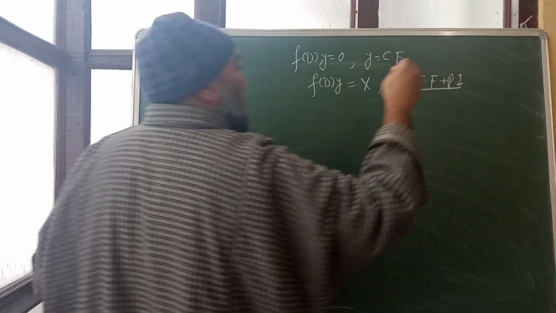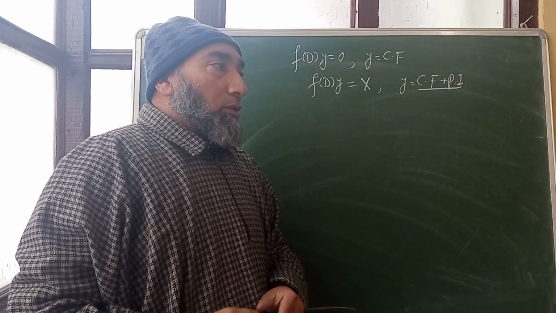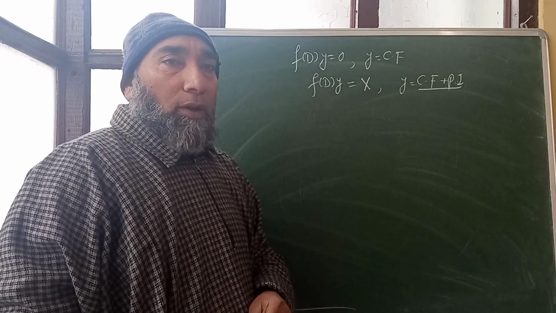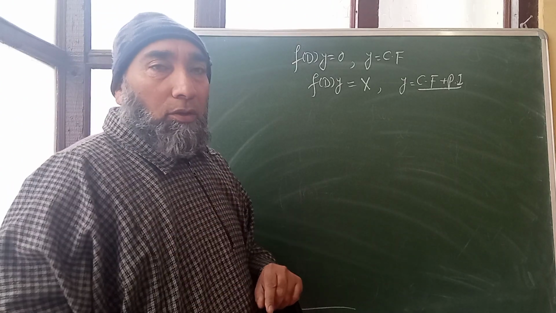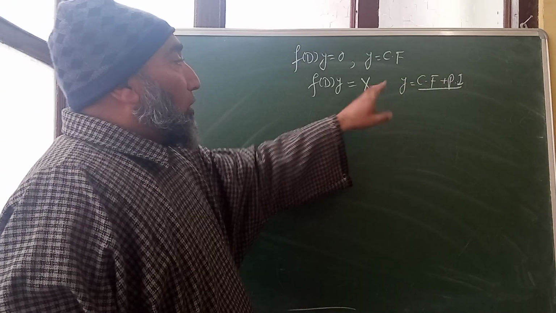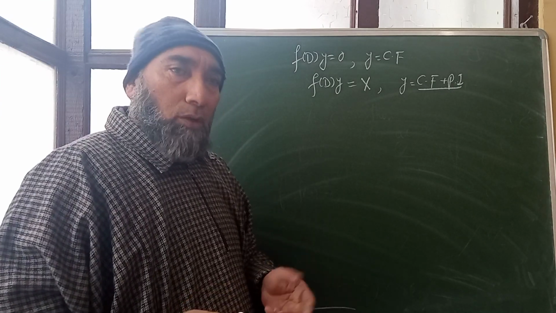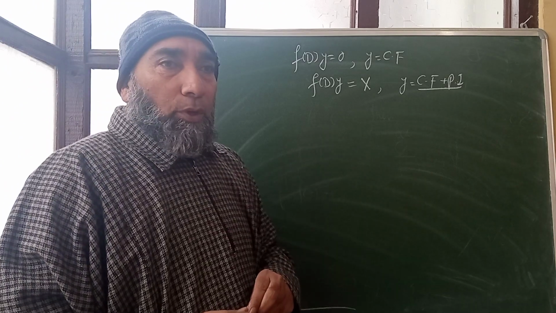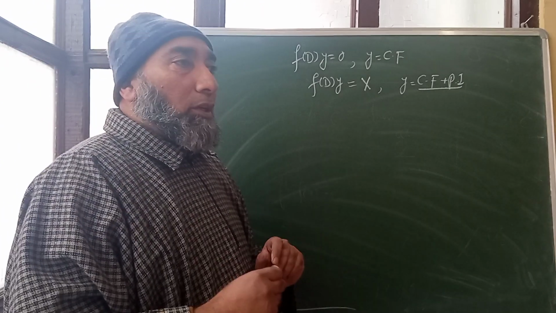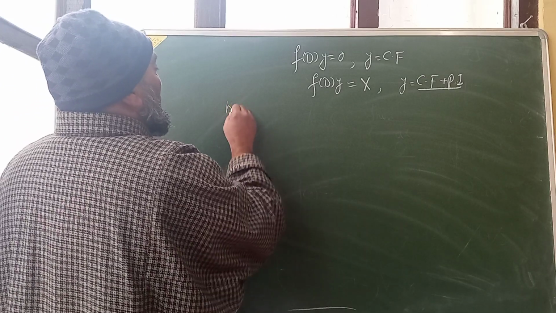As I showed you in an example yesterday, where I showed you how to find the complementary function as well as the particular integral for that particular question. In general, if X is any function, say e raised to the power ax, sine function, cos function, or a polynomial, or a product of two functions, how do we find the particular integral? Now, there are methods. Let me write down the working rule